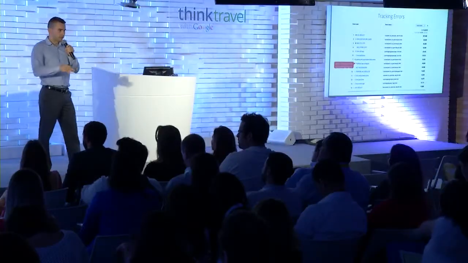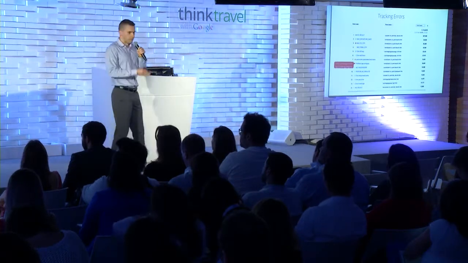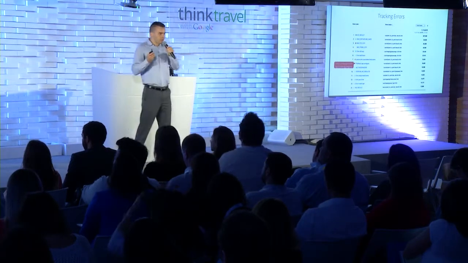So we did that, and we noticed that one of the most frequent errors was what is called here the geo-ambiguity error, which means that someone's typing a city name in our booking engine and we don't recognize it. They misspelled it maybe. So what we did is we came up with a way of translating the most frequent misspellings or alternative spellings into the name that our booking engine recognized automatically. And by doing this, we were able to reduce the error rate by almost 30%. And that's very important to provide a better experience for your users.